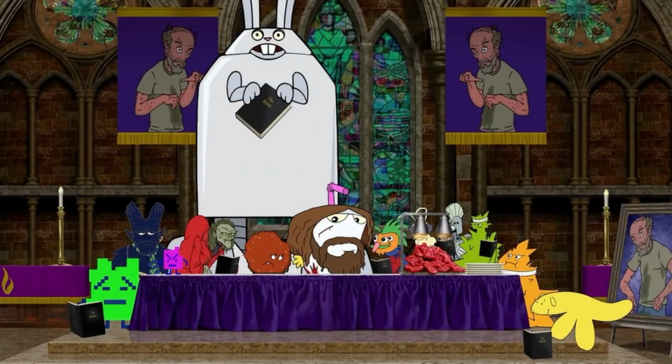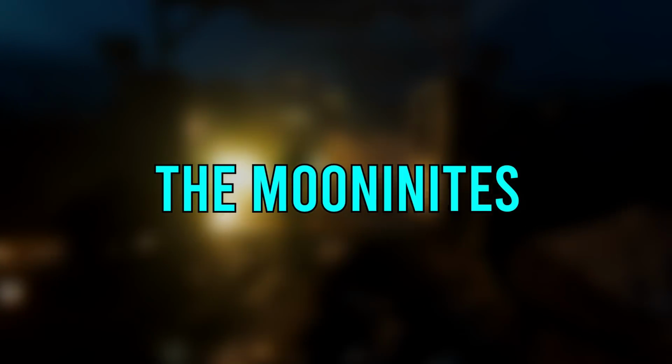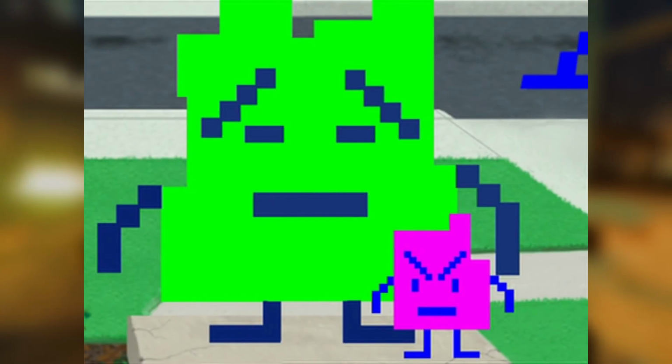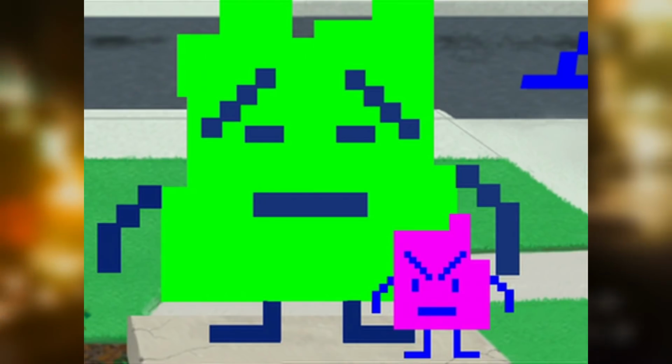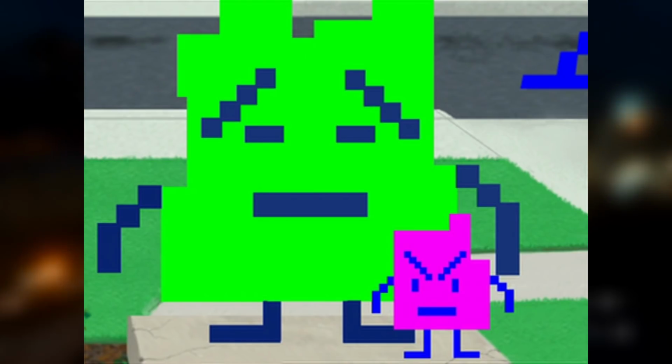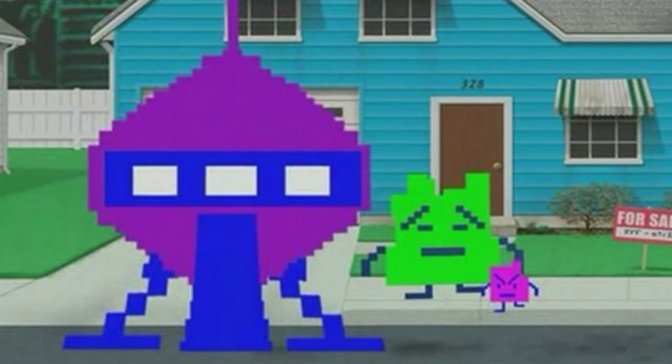Hand Banana, no! He makes several other cameos throughout the show, like in The Greatest Story Ever Told, the series finale, and he appears in 2 Aqua Dog side piece episodes. The Moonanites. The Moonanites are a pixelated video game-like two-dimensional race that live on the moon who see Earth as a primitive zoo. The main Moonanites you see throughout the series are Igniknok and Emory, but there are other Moonanite characters that appear in the show, although their role is very limited.